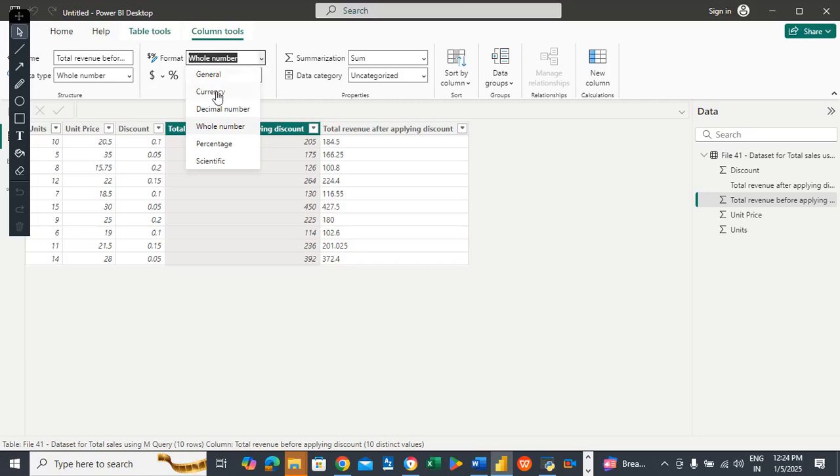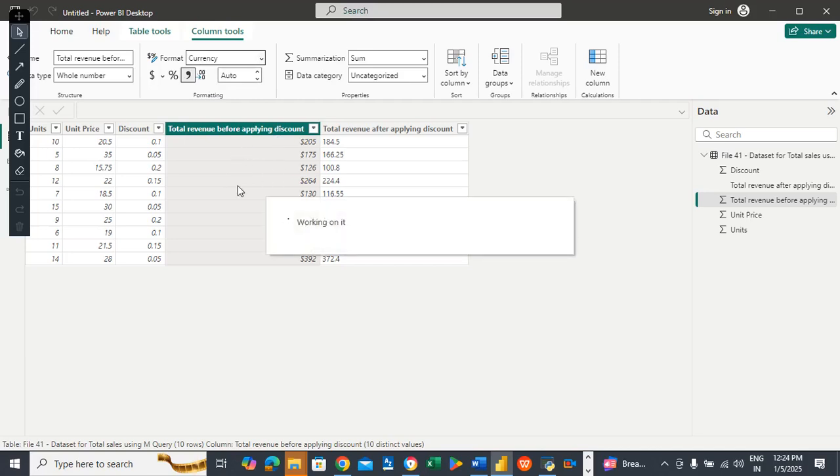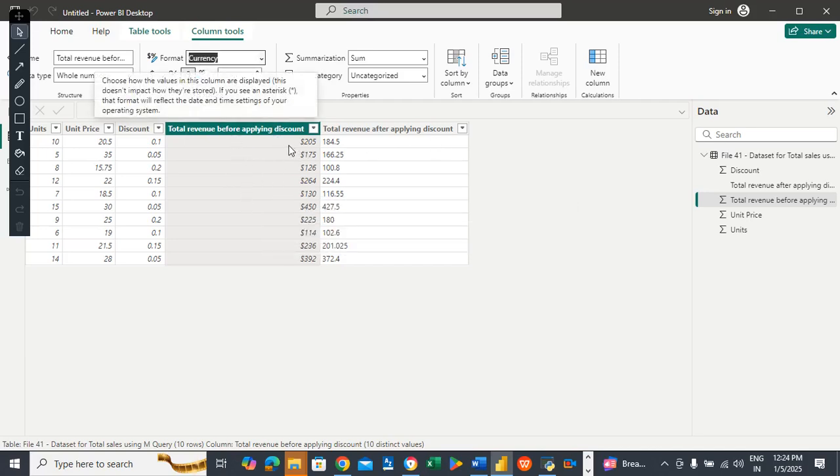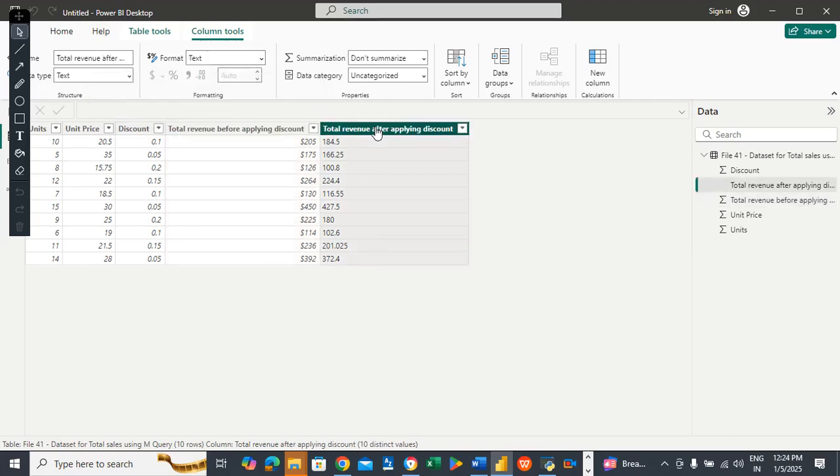Then we want to format this whole number into currency, and this will show the values in currency format. Okay, now this makes sense, right? This has been done. Now similarly, we'll do the same thing for the column on the right named total revenue